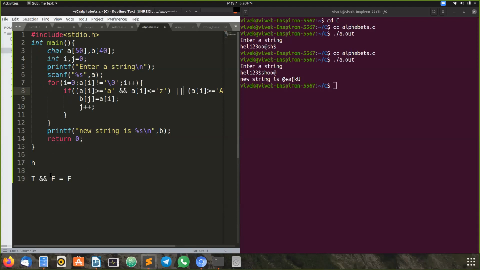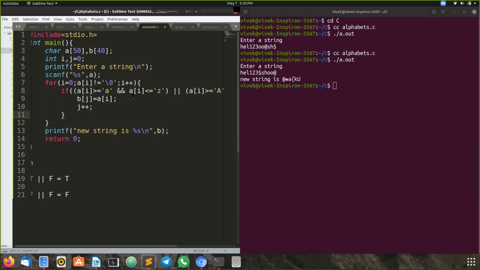Did you understand all? So when we replace it with logical OR, true or false is again true. When both are false, that is, it is not a lowercase alphabet and it is not an uppercase alphabet, then false or false becomes false. So we will not enter this if block. That is the main logic here. You have to understand these types of logic, then only you will write any type of program, not only this.